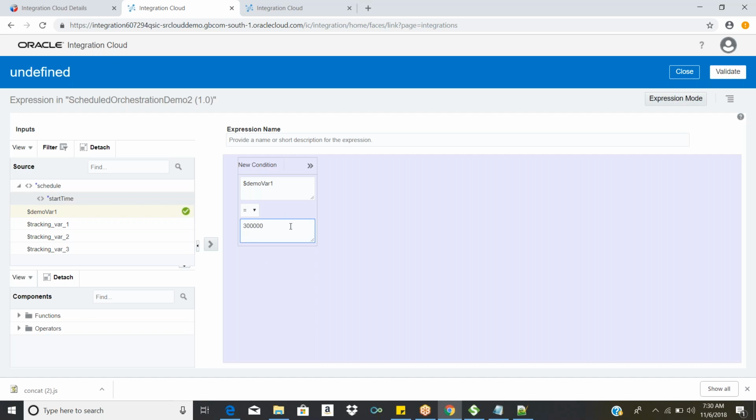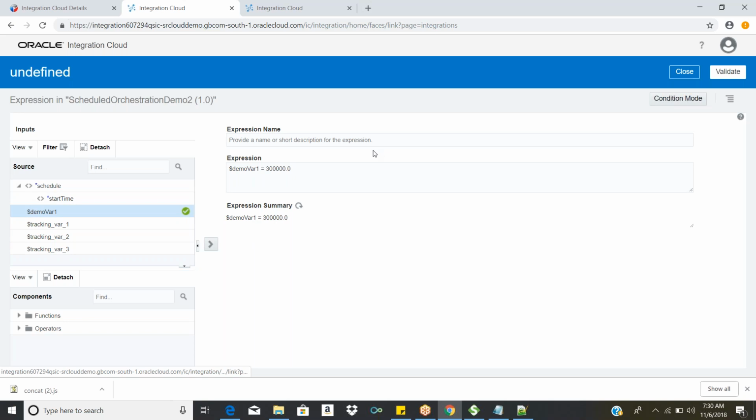And if I want to give it in a different way, I have to go for expression mode. You can write whatever logic you want, for example using an and operation.